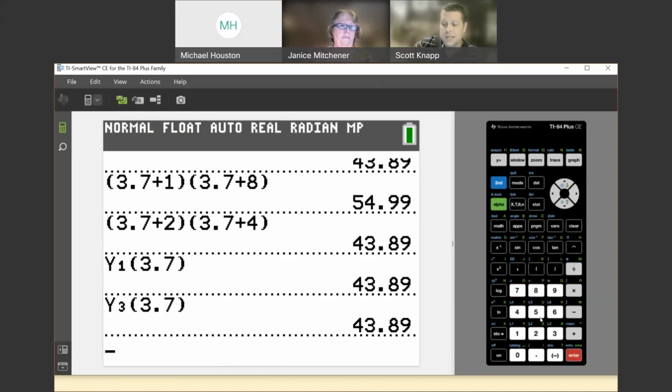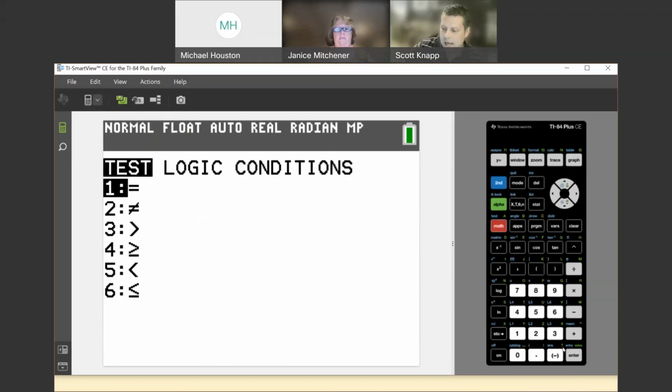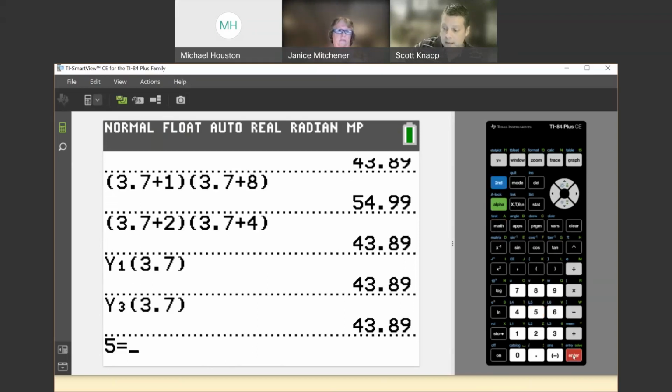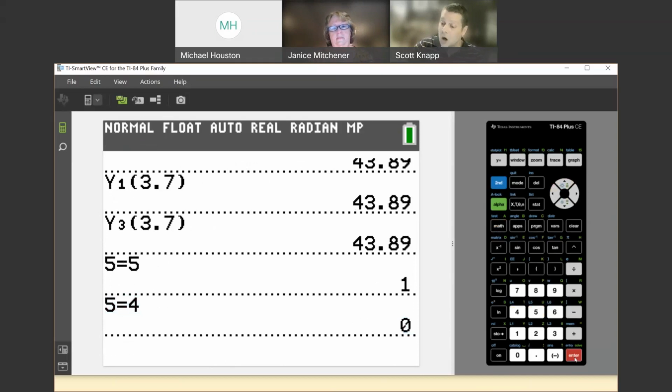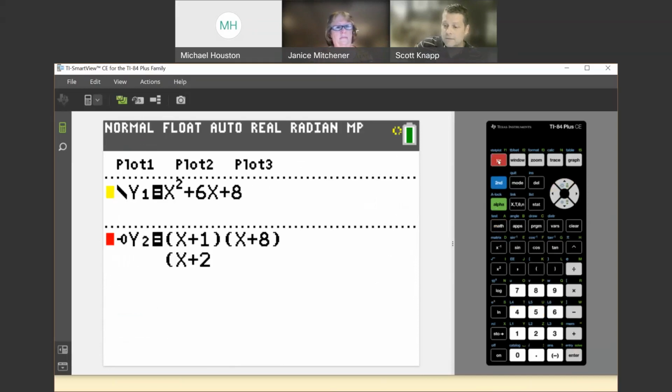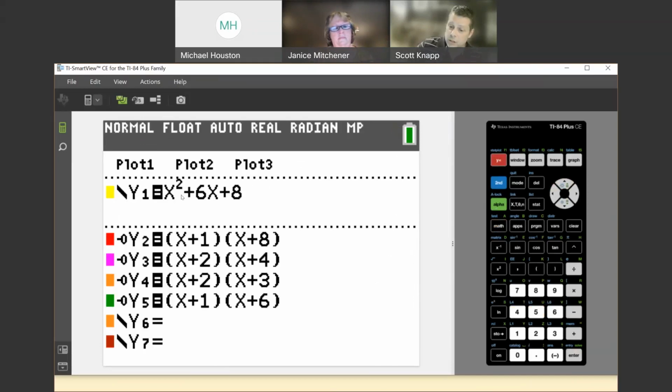Okay, so for example, right now, if I type the number 5 and I go to second math and ask it, is 5 equal, and select that equals to 5, the calculator outputs a 1. And the meaning of that 1 is, yes, that's a true statement. Similarly, if I gave it a false statement like 5 equals 4, it would output a 0, meaning false in this case. So one thing I might do is, knowing that we have in y equals our original expression